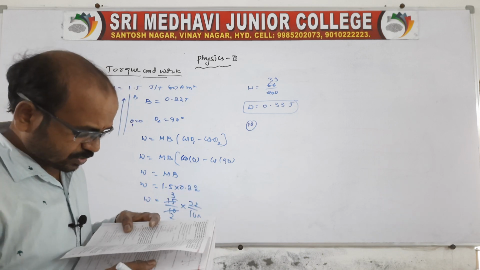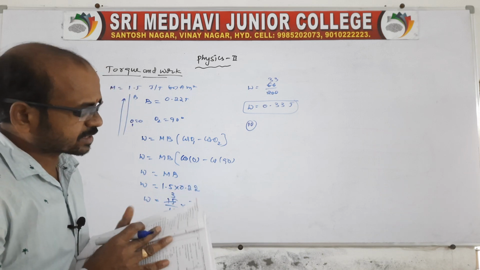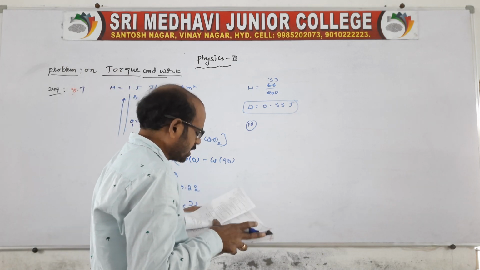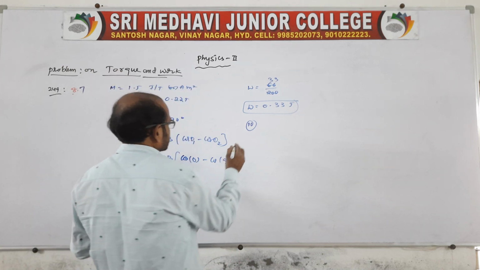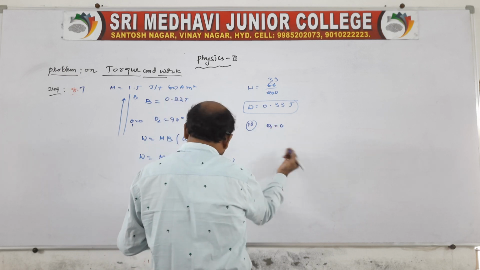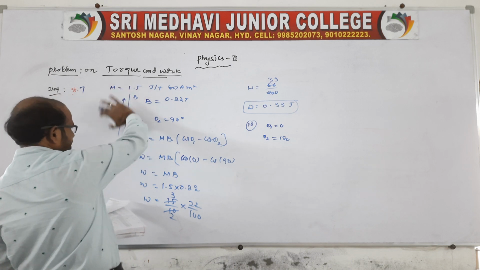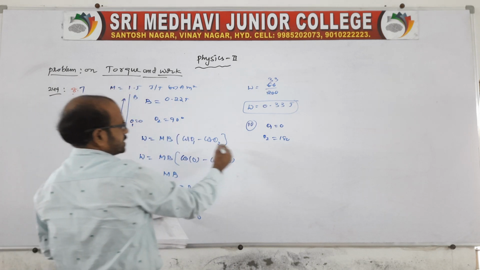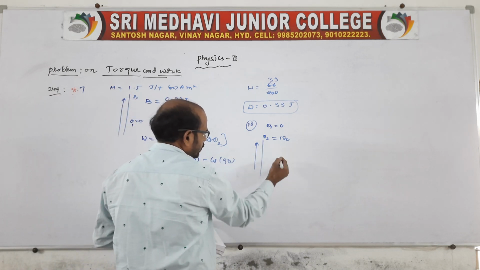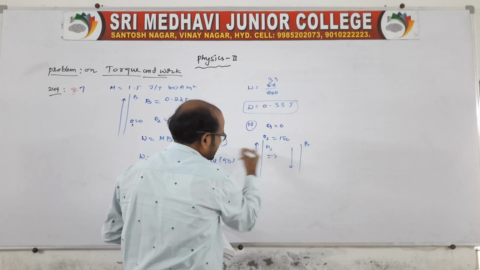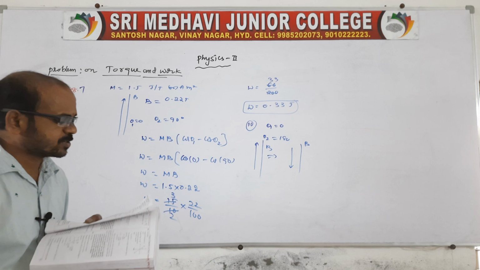Now the second one. The first question was normal to the field direction, and here the second one is opposite to the field direction. So theta 1 is 0 as usual, and it is opposite, no? That means here the magnet is rotated completely in the opposite direction. See, initially it is like this. Now it is rotated like this, and the magnet's moment and B are in opposite directions.